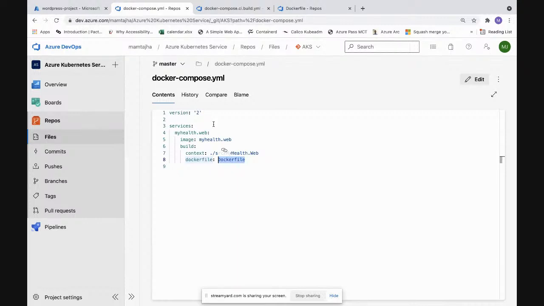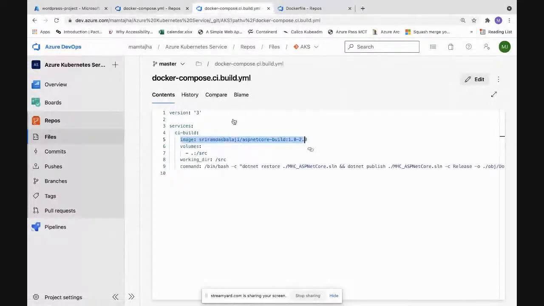I am saying that to build My Health Web container, you will have to use a Docker file, build an image, and call that image as my health web. That would be the output of the image that I would be producing. So I'm giving the context because my Docker file is present over here. So here dot slash means in the present directory. From there, I'm going to SRC. It's a relative path being mentioned over here for it to identify where it needs to go.